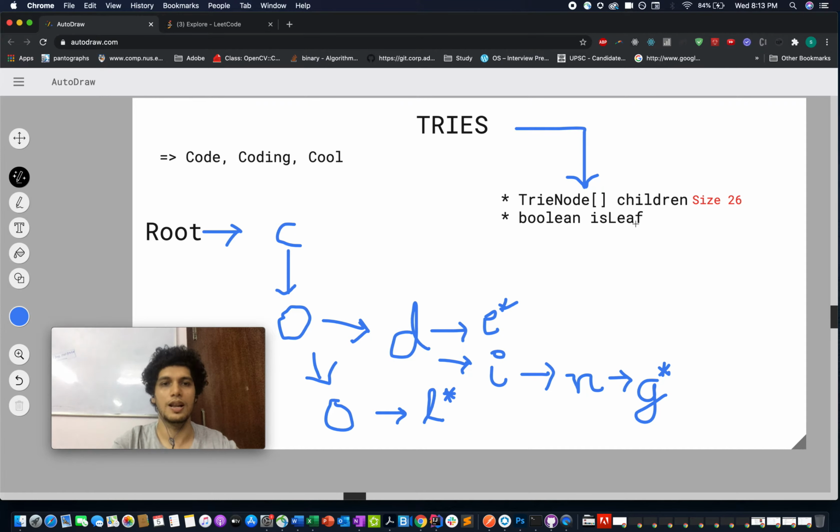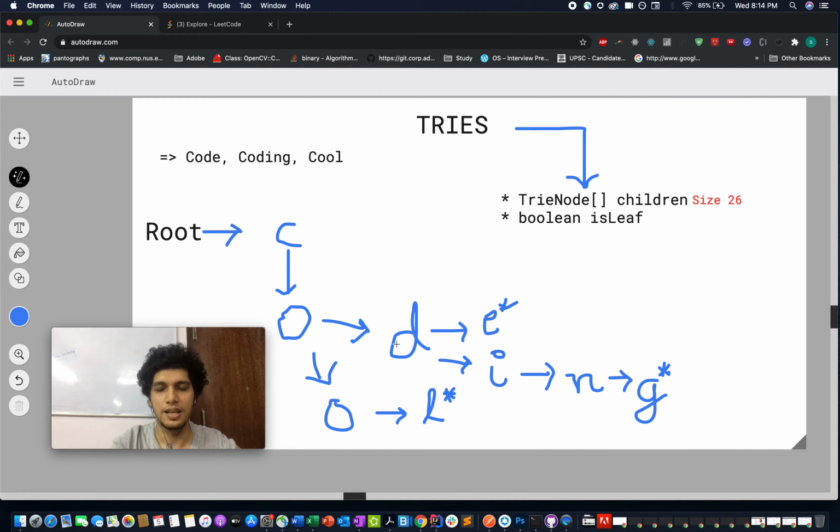For example, let's take the word code and try to build a trie out of it. In the first iteration you received code and the root was null. The first character is C. You inserted C at the third index. By third I mean the second one, because in the array it's always one minus the actual position. Then you moved ahead to O and inserted it at its appropriate position.